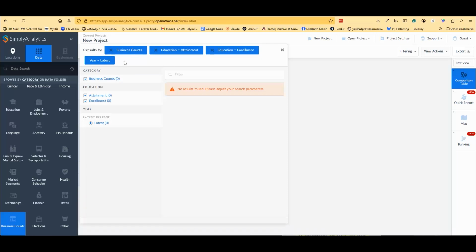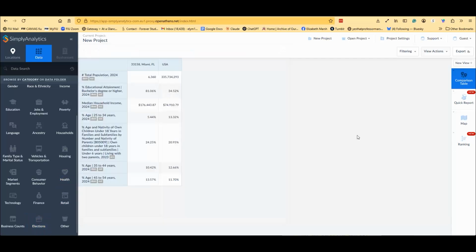I would have to take some of these things out, but you can look at business counts, you can look at election results, you can look at retail, you can look at health. You can't stack those on top of this because this is very specifically people, and these are not necessarily people. But you could start another project and go back in and take a peek at what the business counts tell you, what the retail tells you, what the finance tells you. But just to get the number,